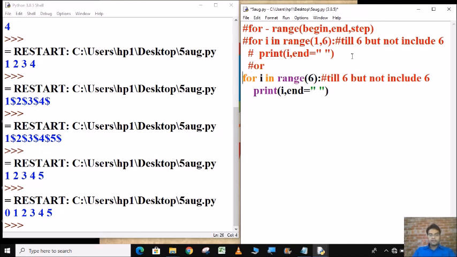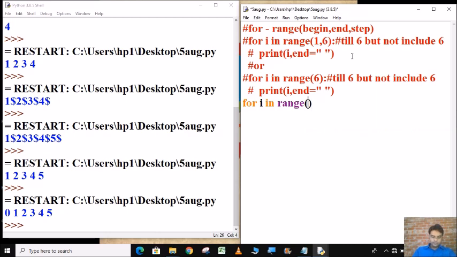Now see the third way. In the third way, we will define all three parameters. For i in range, we will put 1, 10, and the difference, that is the step, will be 2.